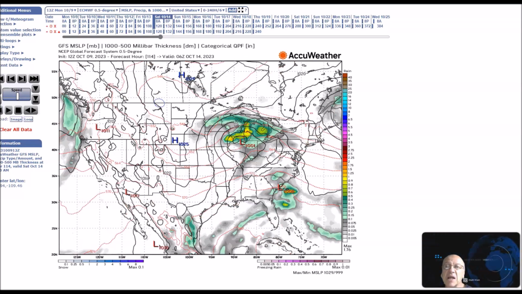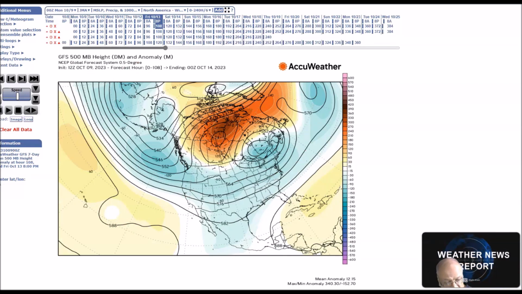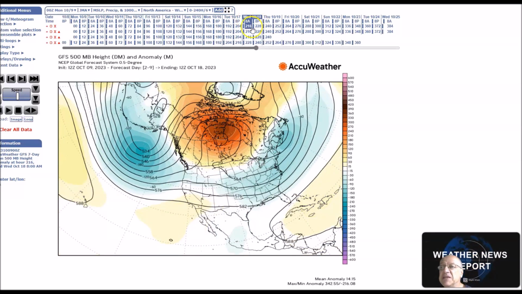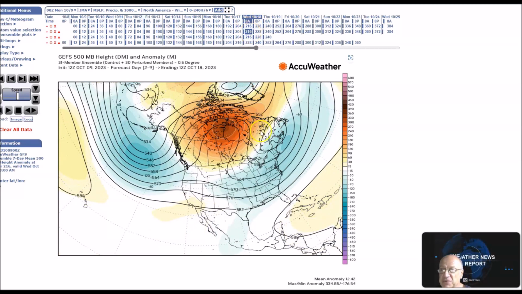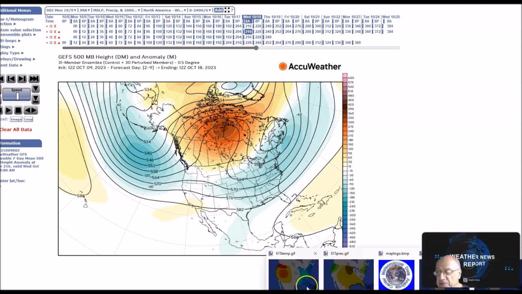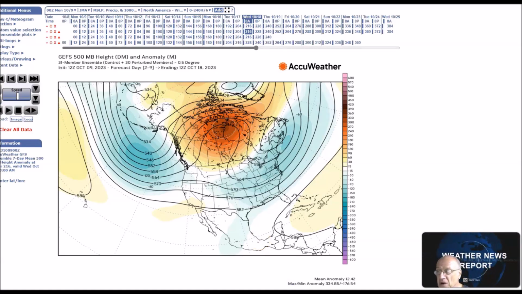Okay, taking a look now at the period for October 14th to the 18th. And the flow doesn't really change all that much. Here, we still have our upper low, our ridge here over central Canada over Hudson Bay. Still a split flow, so the model's in good agreement with that. So for this forecast period, I'm calling for